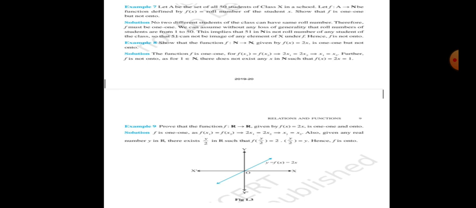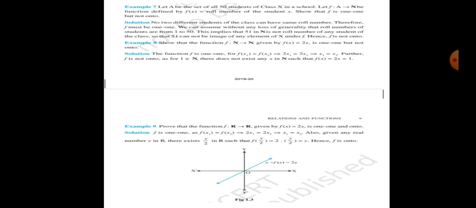Now our codomain is what? Codomain is natural numbers, and in our domain set there are only 50 students, but 50 students will relate to only 50 elements. As the function is 1-1, they will have distinct images. So only 50 of the natural numbers will be related to elements of A. If only 50 will be related, others will not be related to some element of A, then that function is not onto. So if this function is not onto, that means some elements of the natural numbers are left which do not have a pre-image.